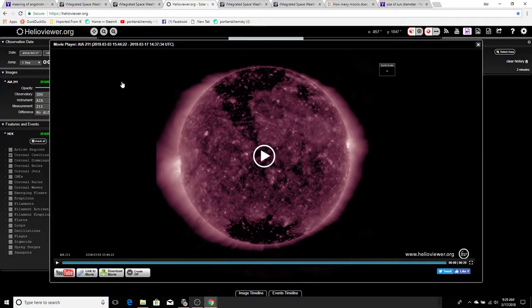And here's a go to the Helioviewer, and you can make movies. Go up here and you can pick different things and make movies. And there's the size of the Earth to the Sun. So this is a 211 angstroms, which sort of shows coronal holes, the dark areas, meaning there's less corona above